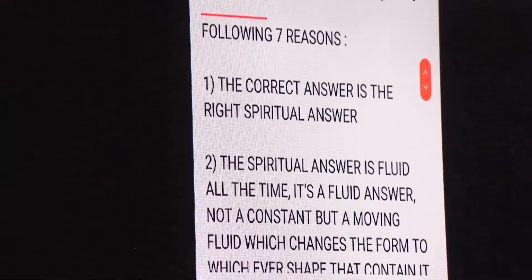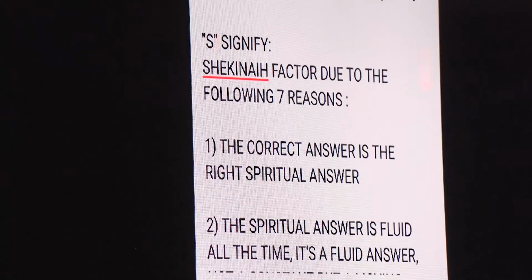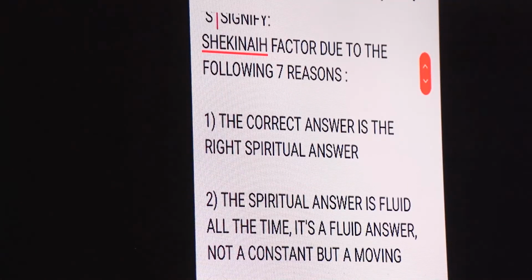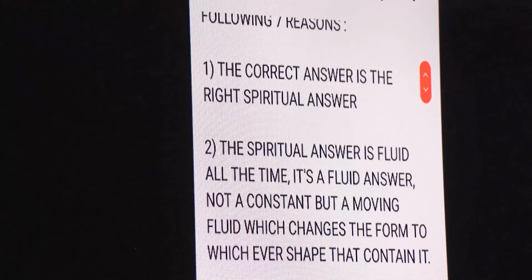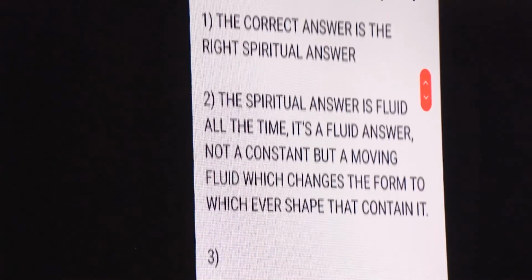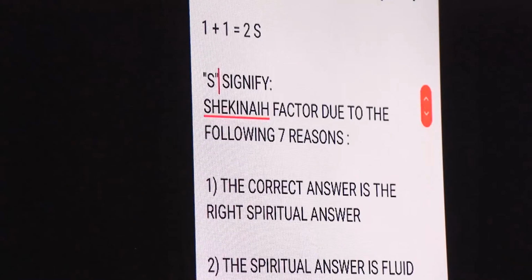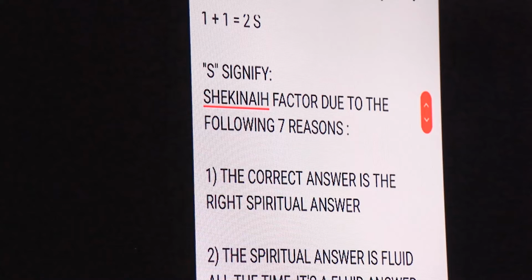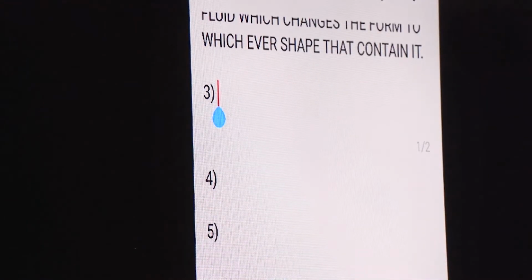And number 2, the spiritual answer is fluid all the time. Its fluid answer is not a constant, but a moving fluid which changes its form to whichever shape contains it. Understand? It's a fluid answer, not a constant one, like water. Okay. And number 3,